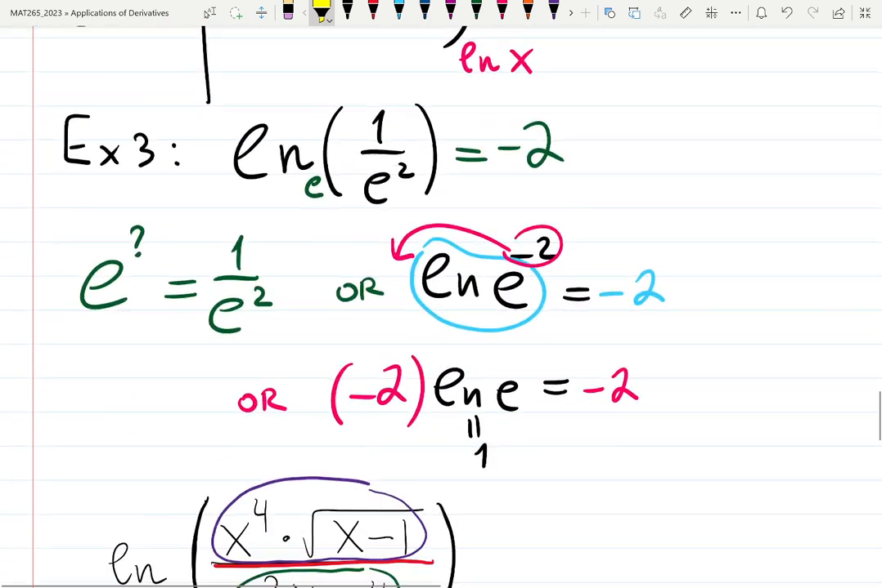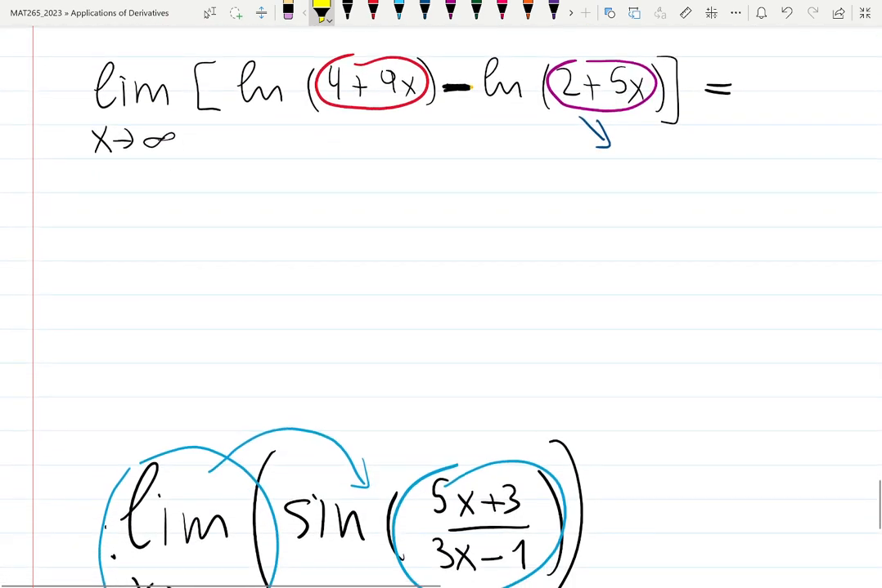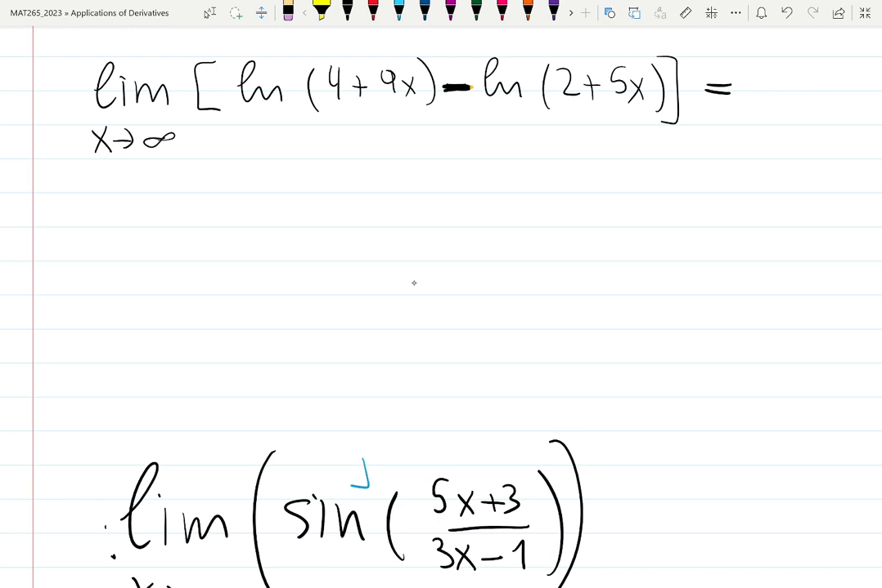So how can we use that in practical questions? Let's do this example. This is what you have in your homework. In your homework, you have a limit of log, ln. Every time I say log, I will mean ln this time. The limit of ln(4 plus 9x) minus ln(2 plus 5x),